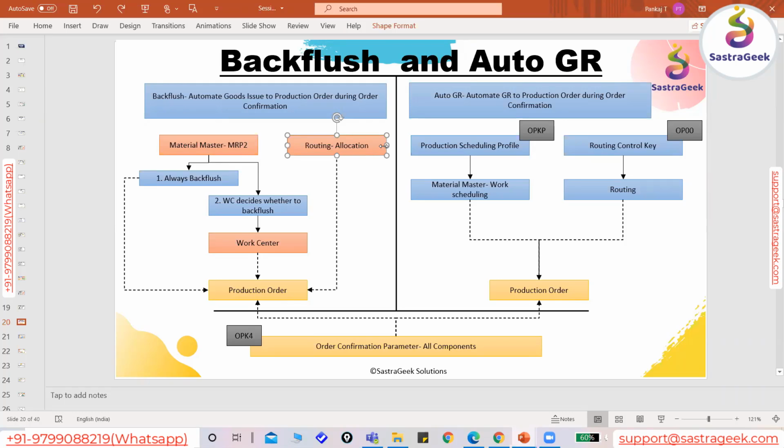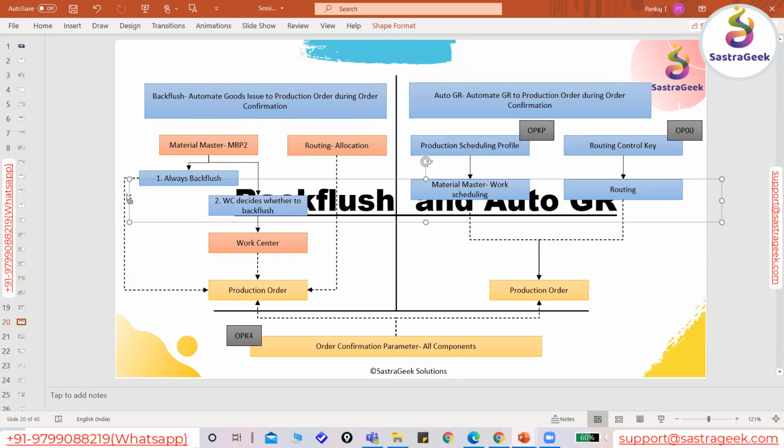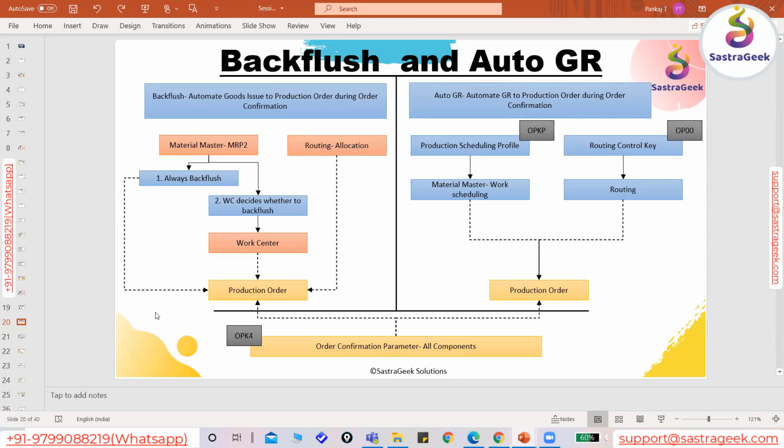That's what we discussed. And we also discussed that there is some configuration already available in the system, by which we can do auto goods receipt and backflush for all the production orders which will be created with a specific order type without doing this backflush master data setup. So those things we discussed, and then